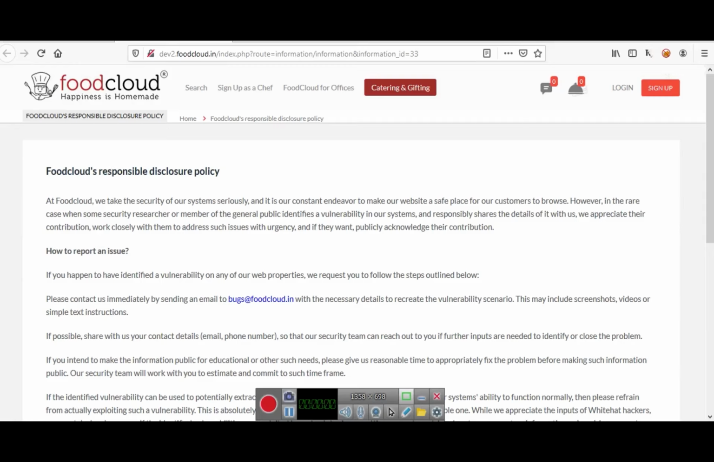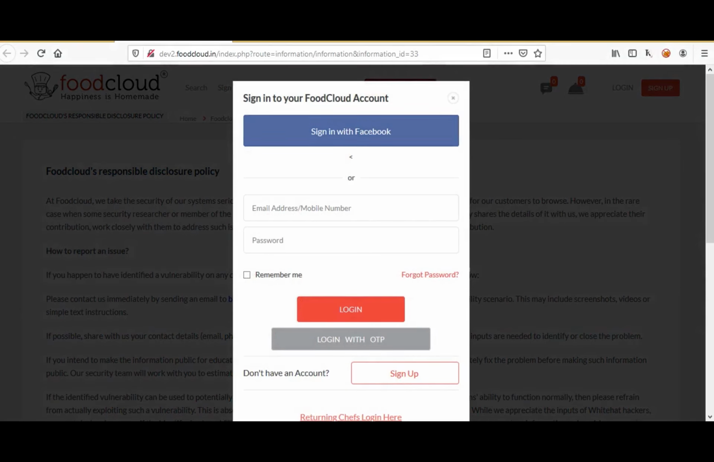Hello everyone. So in this video, we are again going to see the no rate limit vulnerability on the website. We already saw a sign up bypass that we were able to do. Now we are going to do a login bypass by exploiting the same endpoint. So let's start. As you can see, I will go onto the login option